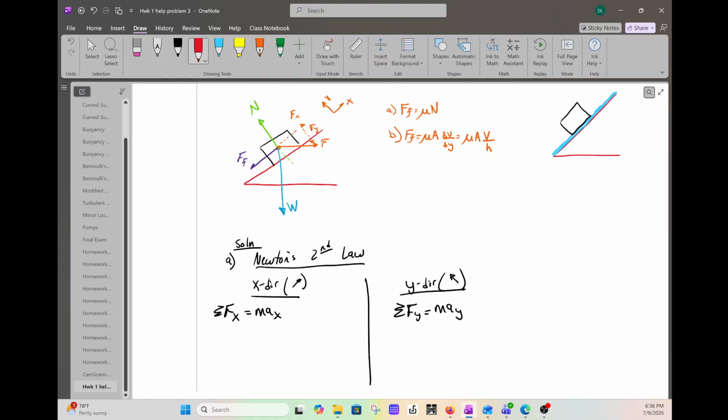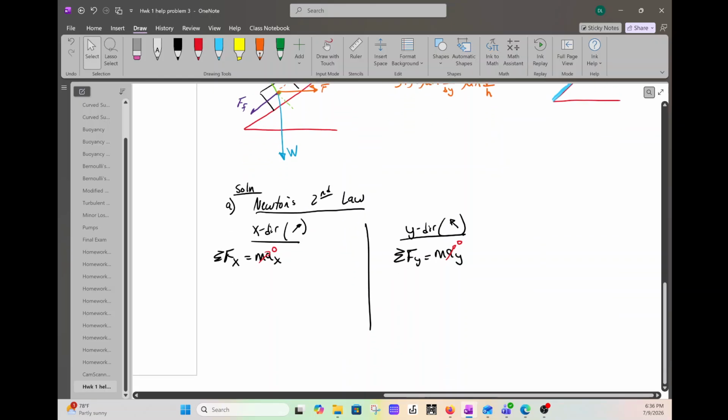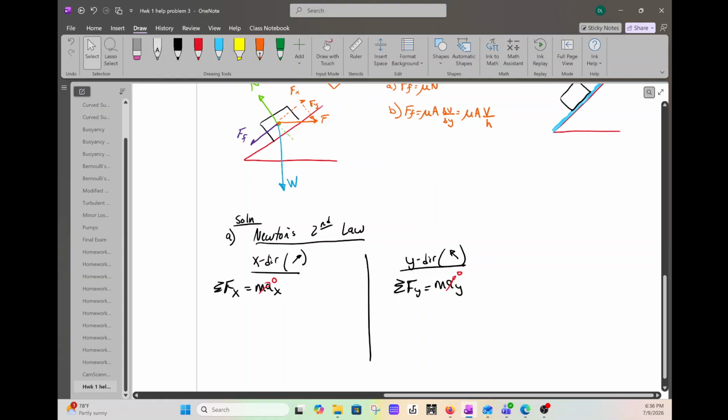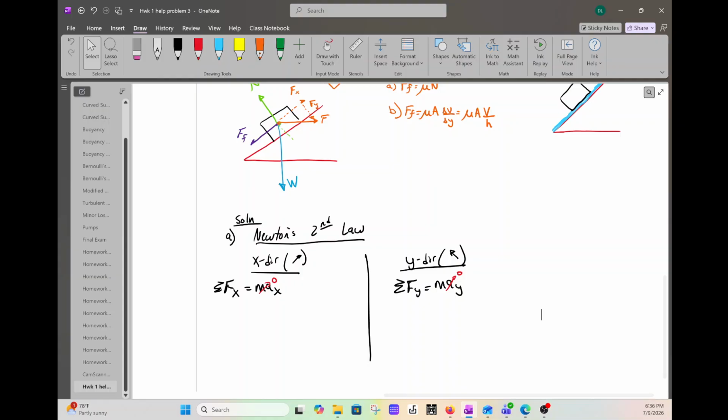Now, because this is constant speed up the incline, that a_x is 0, and this isn't moving perpendicular, basically up and down that way, so there's no acceleration in the Y. So what you have is all the forces in the X on the left of the equal sign will equal 0 in the X, and same with the Y. So let's go ahead and write, I'm going to underline these. So we have negative friction plus F of X,